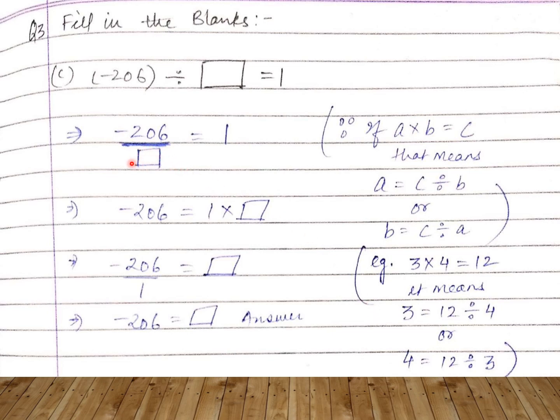This box is in division on the left hand side. When this crosses the border of the equal to sign, it comes in multiplication over here. Now this one I have to take on this side. Here it is in multiplication, here it becomes division. So the final answer is minus 206, as I told you in the starting. This is the method to find the answer correctly. Now let's see some more examples. Don't be afraid, you will be clear by the method.